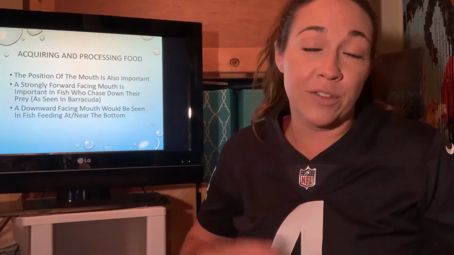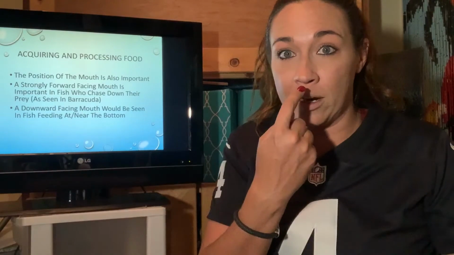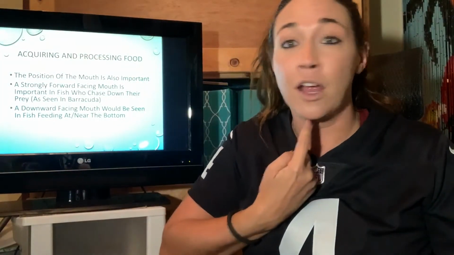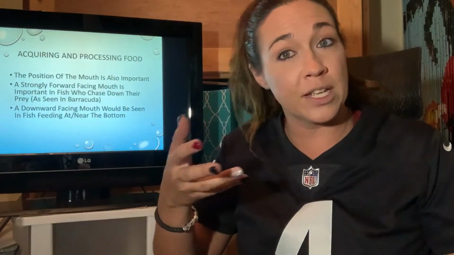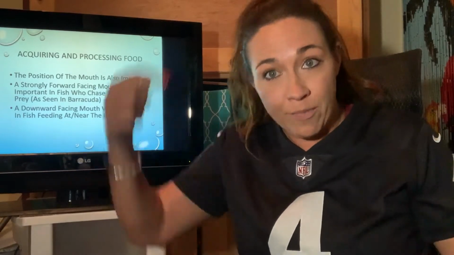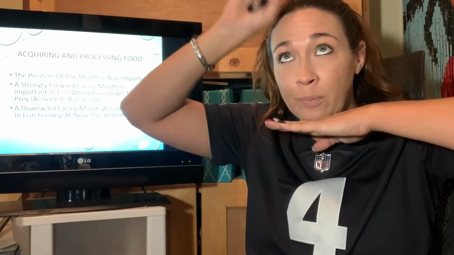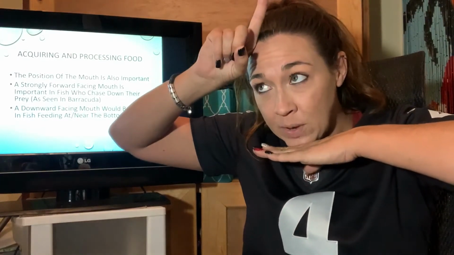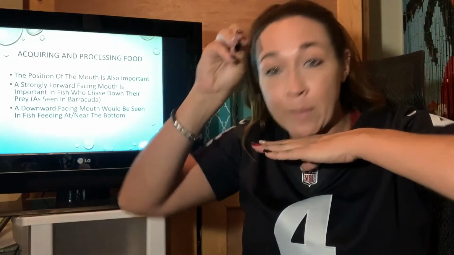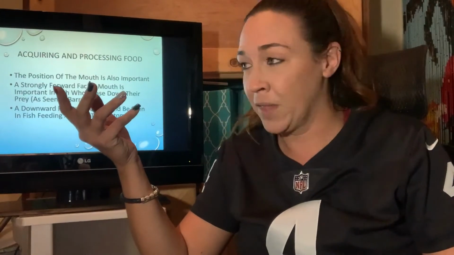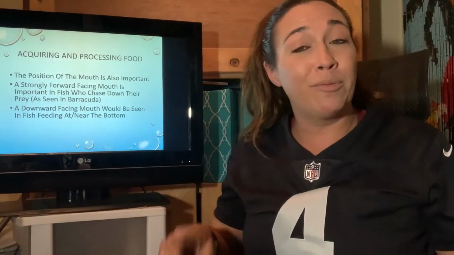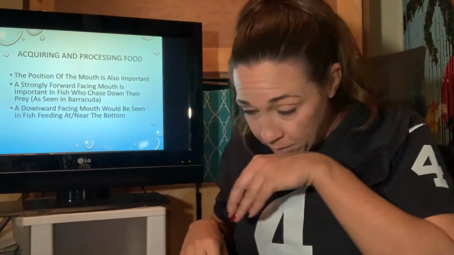Now, the position of the mouth is also very important. Is it here? Is it here? Is it here? Right? All of these different mouth positions can actually allude to where you live. Right? If my mouth is here, I probably live on the bottom. Right? So that my prey is going to be swimming above me. So as they swim above me, I can go with my mouth, like a flatfish or a flounder. If my mouth is down here, I probably feed along the bottom, meaning I'm going to be swimming along going,